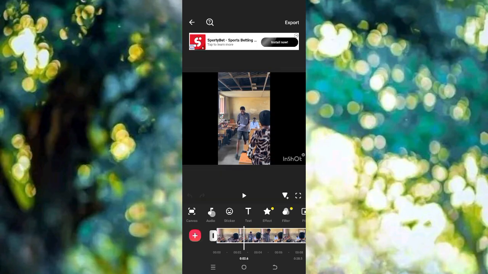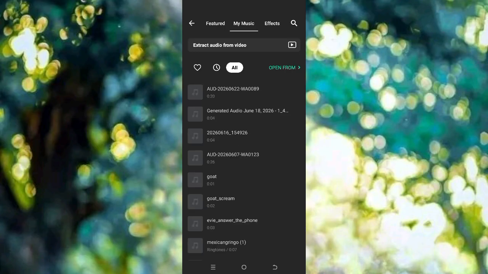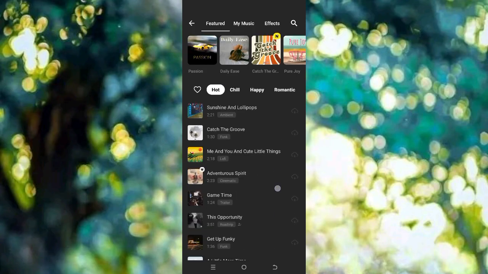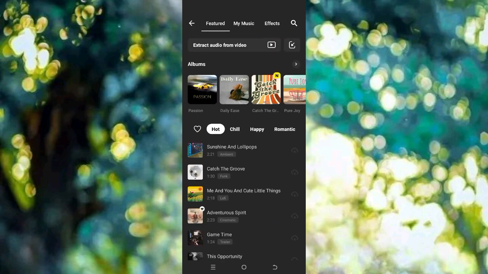So now we have the audio, the music. This is where you add music. Then you can choose to pick from InShot's inbuilt music. These music are made by other artists. Whenever you're using the music, make sure to always credit them,